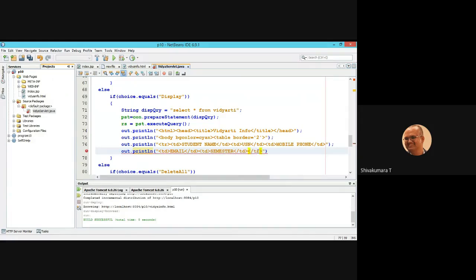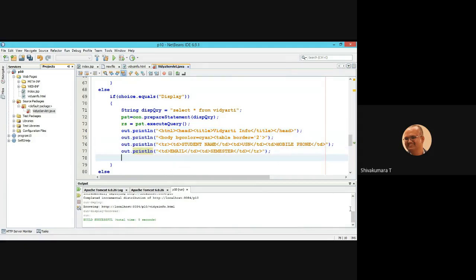Table row close. Don't close the table here. Table row is closing. Now it is going to display the heading for the resultant query of your table.